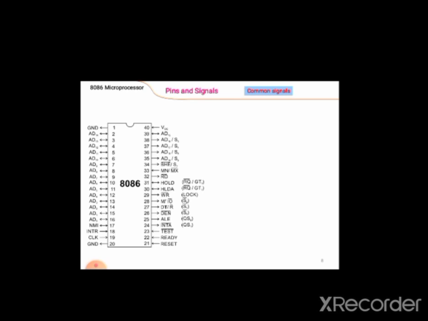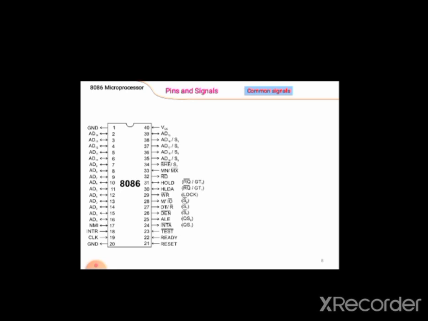That waveform or timing diagram is nothing but a machine cycle. In a processor we call it a machine cycle. So whenever we give any command to our processor, that command is processed in a machine cycle. A machine cycle has different time periods or clock cycles.